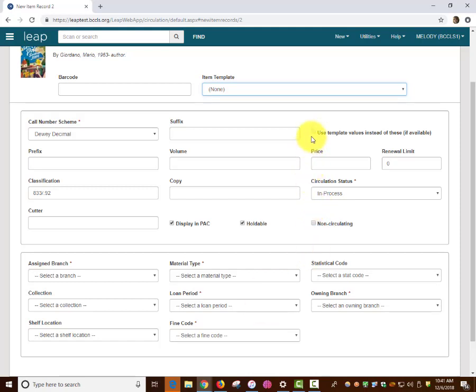If this box is unchecked after a template has been selected, the template values for the fields in the top section will not be used and they will need to be entered manually. Template values for the fields in the bottom section will still be used unless they are changed before the item is created. If a template has not been selected, this box will be unavailable and each field will need to